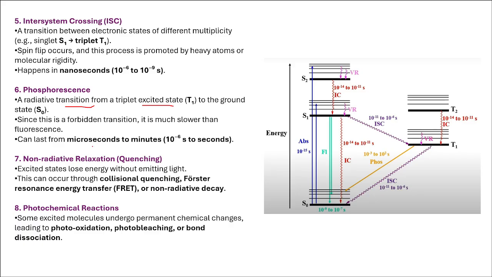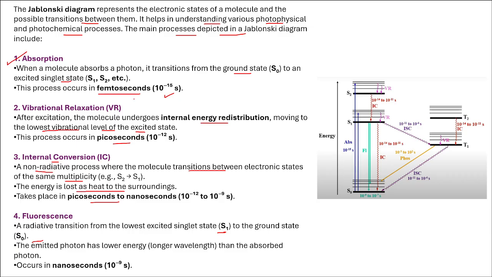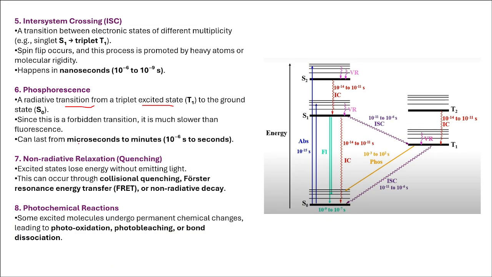Now, see the difference. Did you notice? When we are seeing absorption, or for that purpose fluorescence also, these are happening in femtoseconds or nanoseconds. But this phosphorescence phenomenon is taking microseconds to minutes. It means it is a slow phenomenon. You'll observe it slowly. It's not a quick phenomenon that you run the sample and it happens immediately. So it's a very slow process that you can observe.